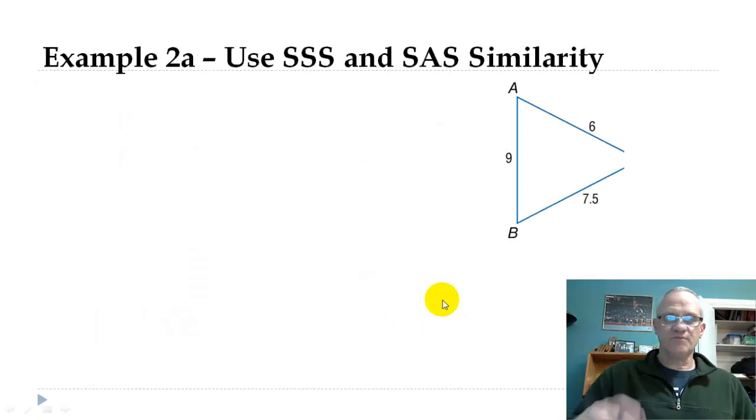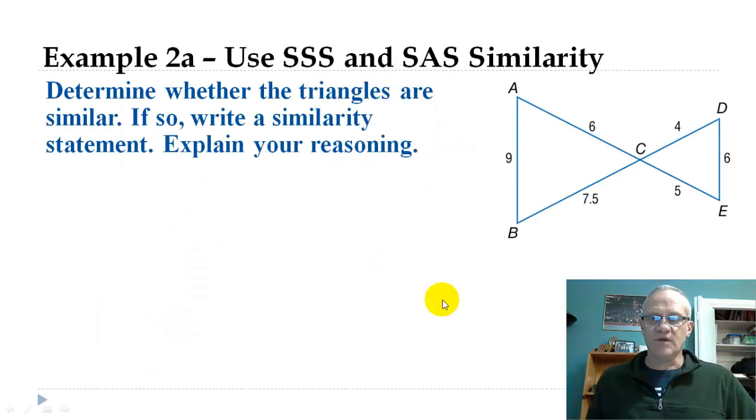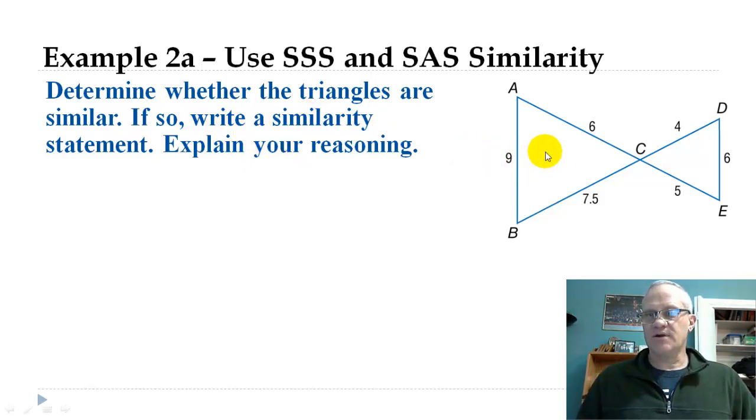Okay, all right, let's look at a few examples with that. Some of these might get a little bit trickier, but let's see what we can do here. All right. So we want to figure out if these are similar or not. So here's our 2 triangles, one here and one here. Well, again, we're looking at side-side-side and side-angle-side. So I think the easiest thing to figure out here